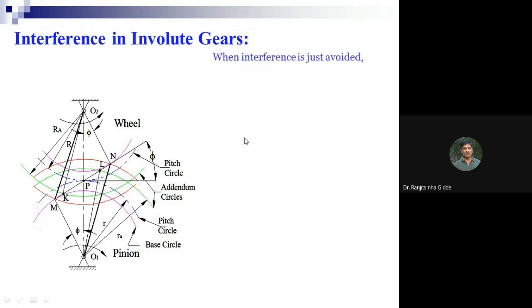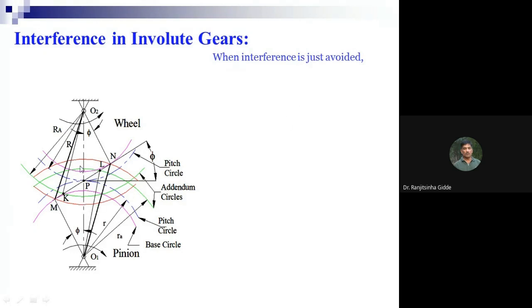So when the interference is just avoided, whatever line diagram is shown up to this N point, O1N is the radius of maximum addendum circle for the pinion, and this O2M is the maximum radius of addendum circle for the wheel. Okay. When interference is just avoided,